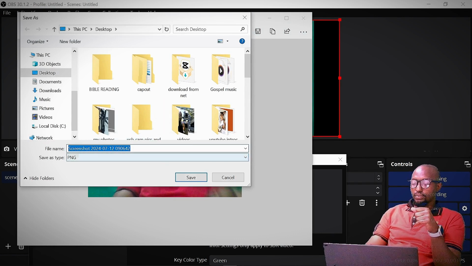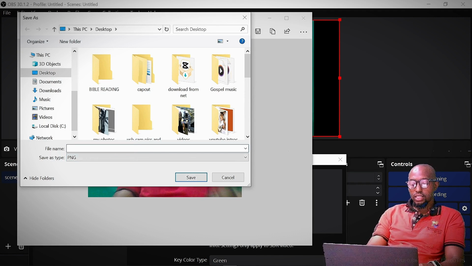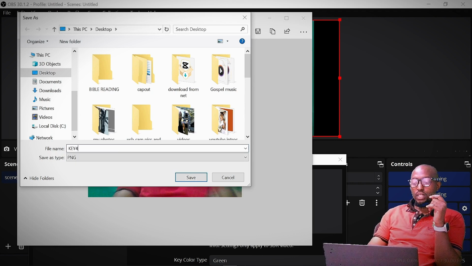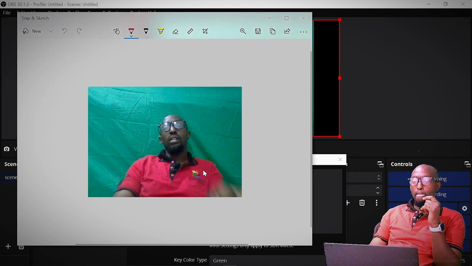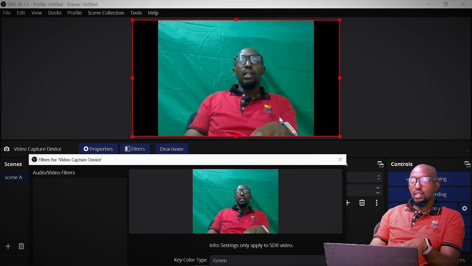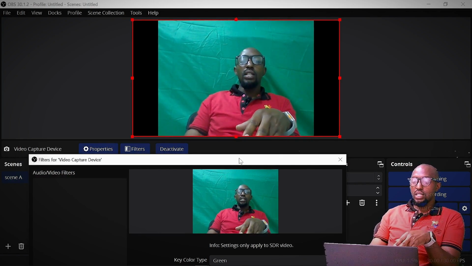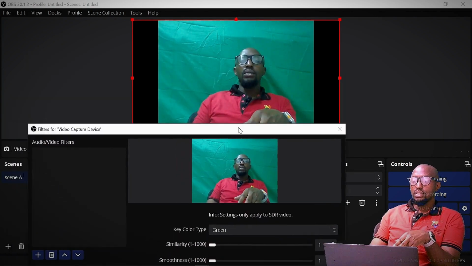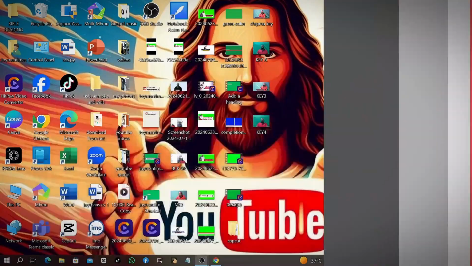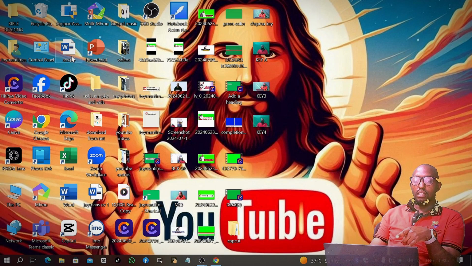But call it key 4. I'm going to say key 4. Then after key 4, then I save it here. After saving it here, then remember we need to organize our chroma key so that it becomes perfect. But how are we going to do it? Down here, then I go to